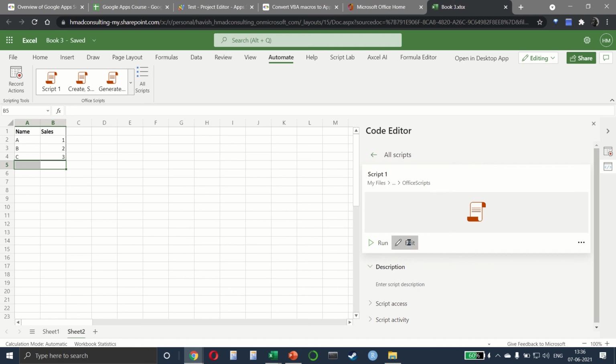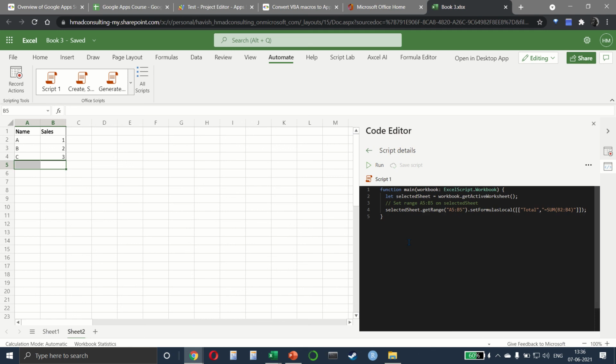And when we edit it, you can see that this is using a different language called TypeScript. TypeScript is based on JavaScript, so it shares a lot of similarity, but it has some additional features. And TypeScript has been created and it is being maintained by Microsoft. So what are we doing here? The function is main workbook Excel script workbook.